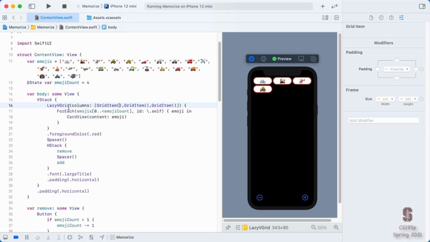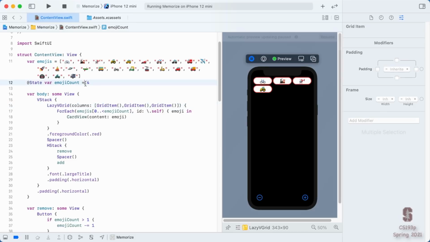Well, the HStack uses all the space it can. Whatever space it can get a hold of, it uses it, and it uses it in both directions, height and width. That's why we got tall cards that were as tall as they could be and as wide as they would fit. So that is the HStack's way that it distributes its space. A LazyVGrid has a different strategy. It uses all the width horizontally for its columns, depending on the fixed and flexible in here. It's using all that space. But vertically, it's going to make the cards as small as possible so it can fit as many as possible.